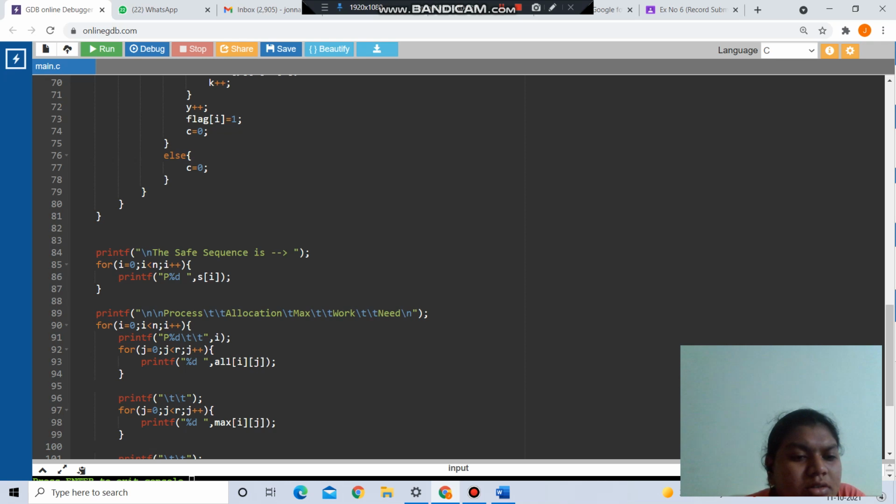And inside this for loop i equals to 0, i less than n, and i increment. Then here it will print the P%d and comma i. Then here in this for loop j equals to 0, j less than r, and j increment, and here it will print the %d, comma al of i of j. Then here it will print the